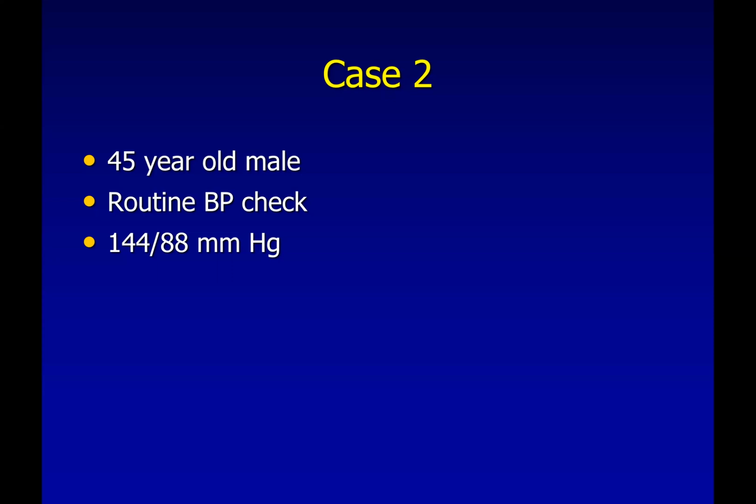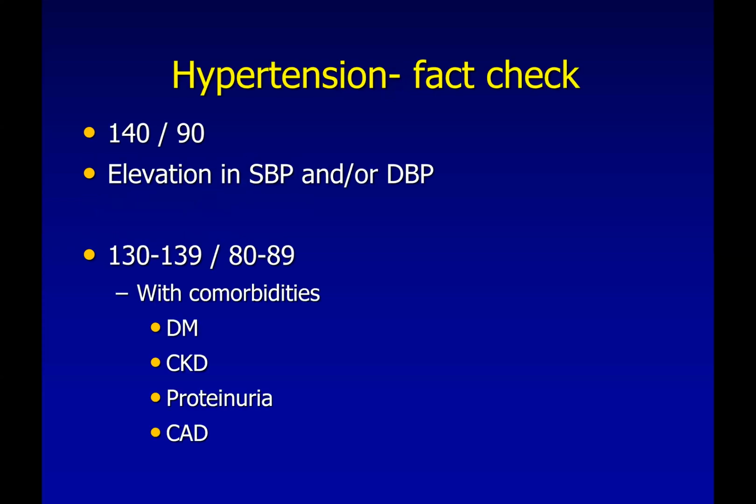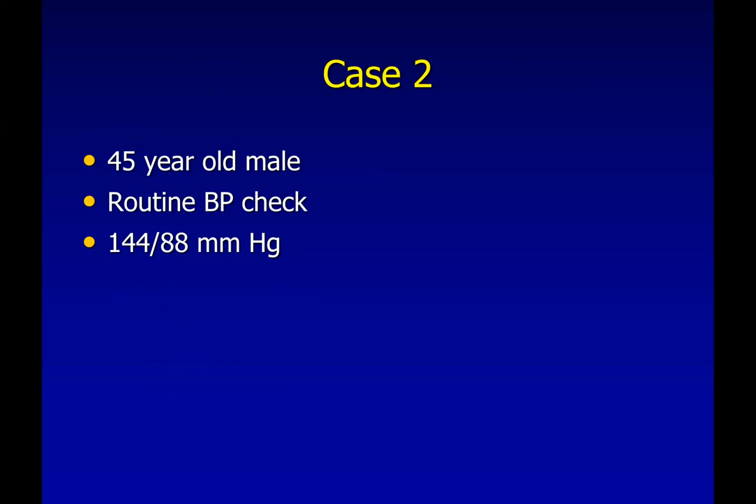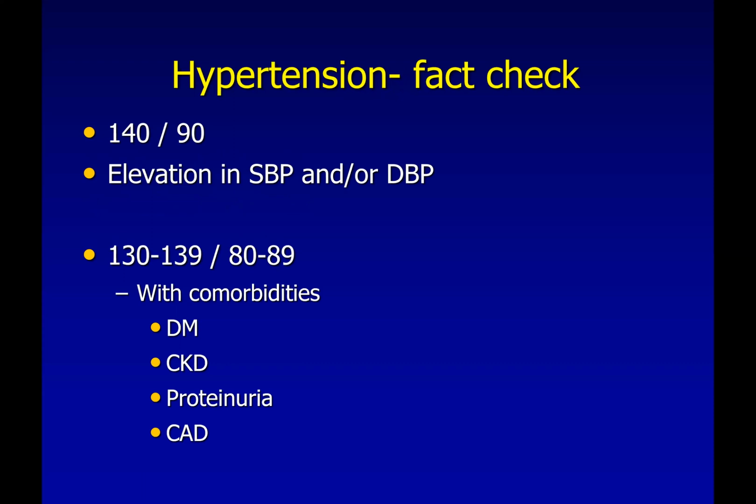If this is a correct BP and you have remeasured it and it is again persisting high, because we do not want this patient to face the brunt of high blood pressure on the target or vital organs. So continuing with hypertension, 140/90 is the level at which, even without comorbidities or target organ damage, you should start pharmacotherapy. So this patient has more than 140/90. So again, it is elevation in systolic blood pressure and/or diastolic blood pressure. So either systolic or diastolic or both. If they are elevated, then we will need to treat the patient.